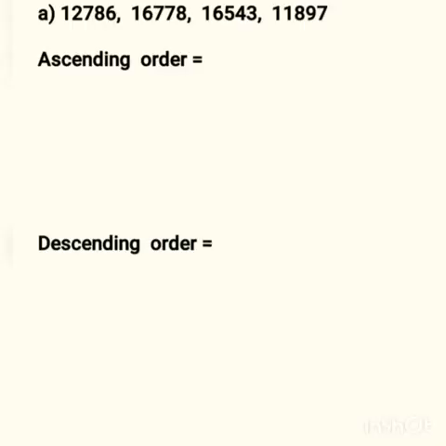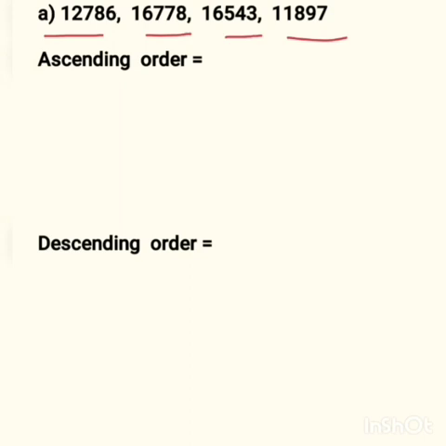So question number 2 is, write in ascending and descending order. Okay. So now we know the meaning of ascending and descending. Ascending order means from smallest to greatest number, and descending order means from largest to smallest number. Now you can see students these numbers which we are having. We have to arrange firstly in ascending order. Okay, so let us start. So you have observed these numbers all are 5-digit numbers, right?